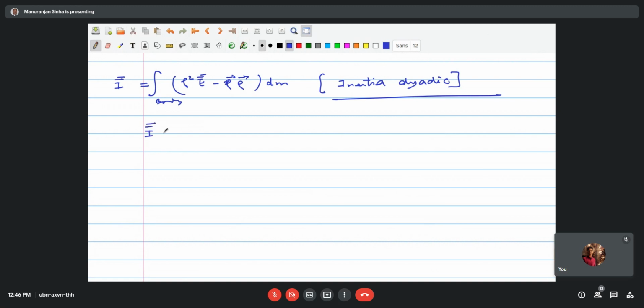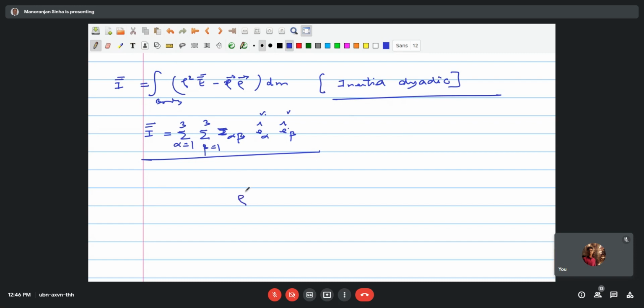And in short notation, this can be written as I alpha beta, E alpha cap, E beta cap, summation beta equal to 1 to 3 and alpha equal to 1 to 3. But here the difference is that two vectors are multiplying together. So therefore this becomes a dyadic. And once you take a dot product with any vector, you get the normal result. On the other hand, if we go for the